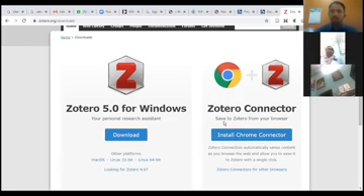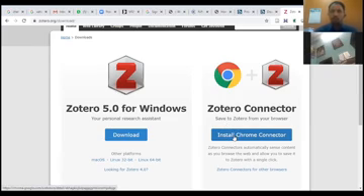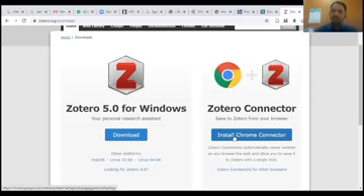When you are doing it on your own, just click on install Chrome connector. It will ask you to add this add-on to the browser. Just say yes, add the add-on, and the system will restart the browser. The moment it restarts, this icon will appear.